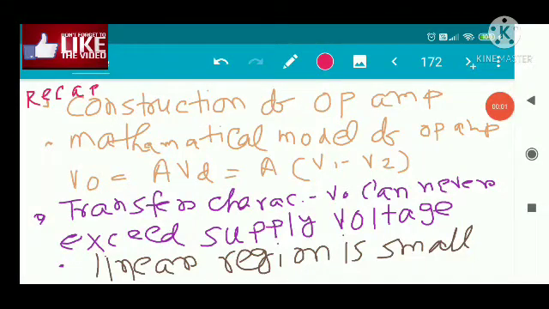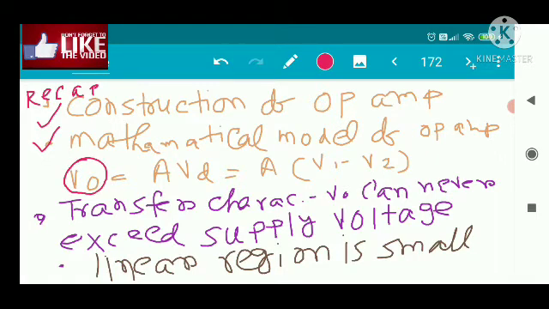Okay, and now we will first recap what we have discussed in the previous class. In the previous class, we discussed the construction of the op-amp, how the op-amp is constructed. Second was the mathematical model of the op-amp. Whenever we discussed the mathematical model of the op-amp, the output voltage of the op-amp, that is represented